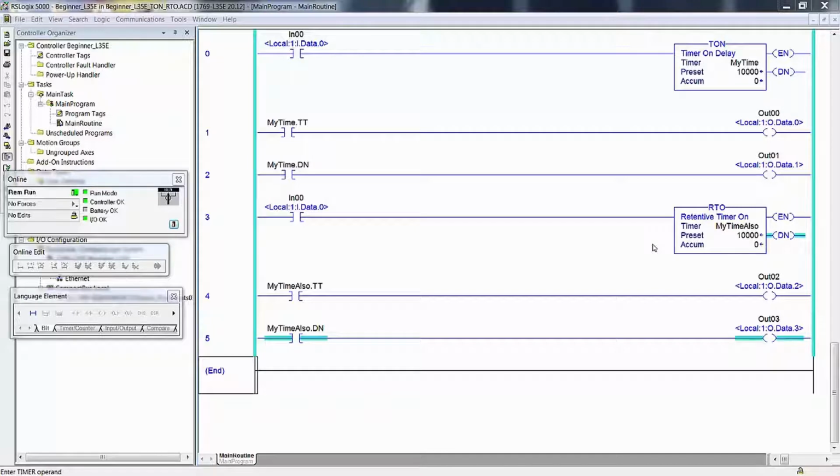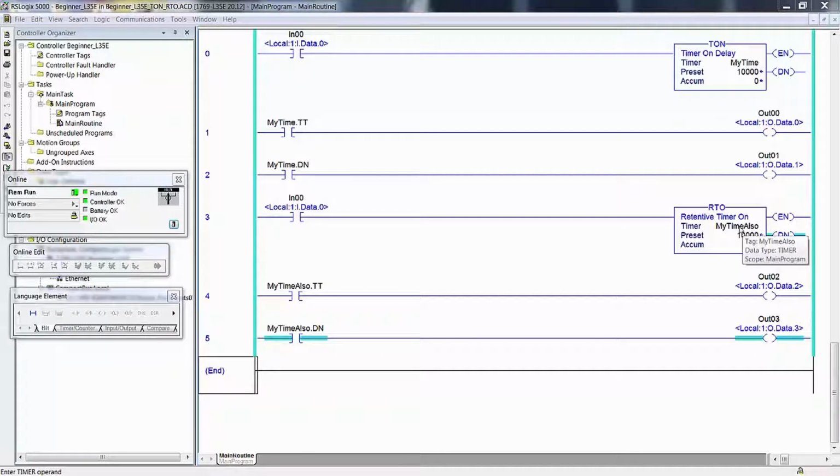Right off the bat, we have something interesting to look at. What we're going to compare here is output 0,1 against 2,3. Now, we don't want them to behave the same because we are comparing a timer on delay with a timer on delay that is retentive. Now, the only way that we could clear the done bit